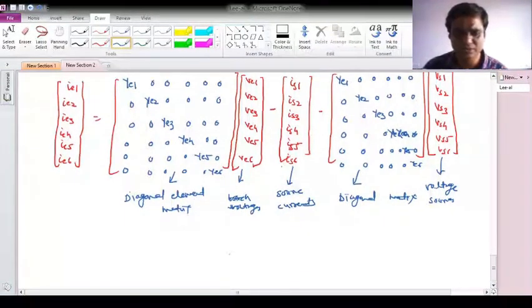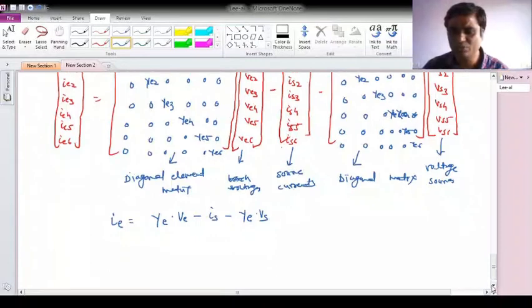Fine. So with this I can write in matrix form as IE, let me call this YE matrix into VE minus IS1 vector minus YE other matrix into VS1 vector. Okay. Now what I'll do,